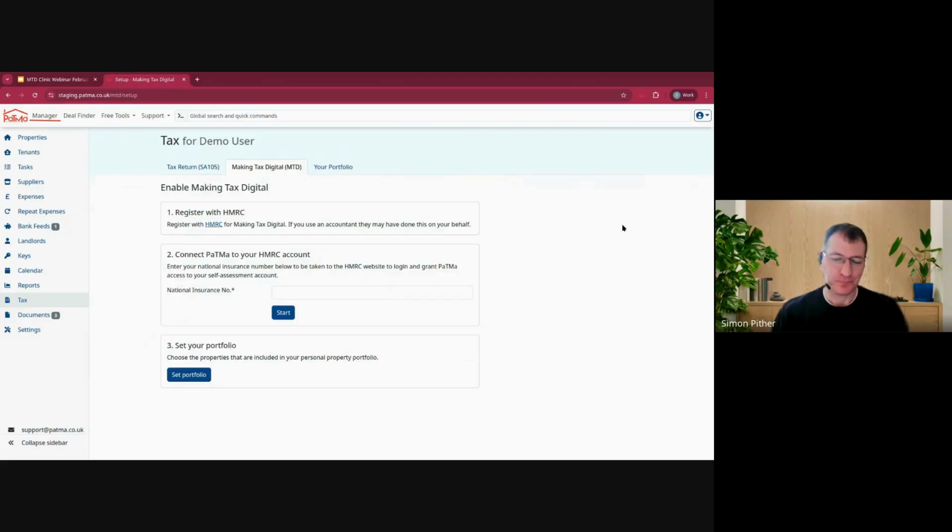And then at the end of each quarter, as the requirement to make the quarterly submission comes around, PaTMa will send you an email and alerts and the other ways you can configure in PaTMa to remind you to come to this page and make your Making Tax Digital submission. Prior to actually making that submission